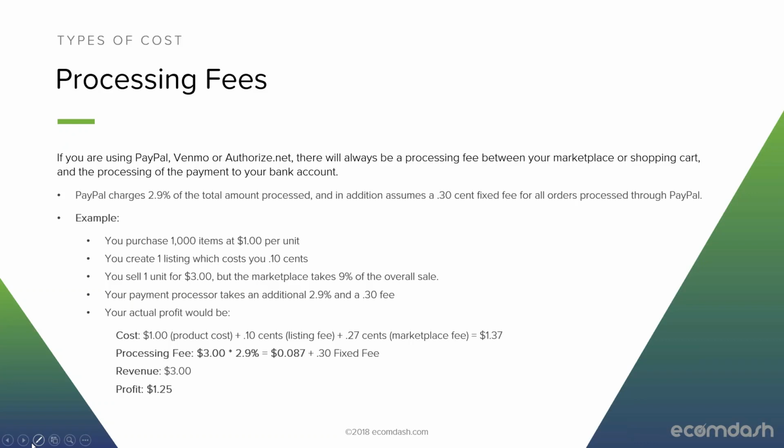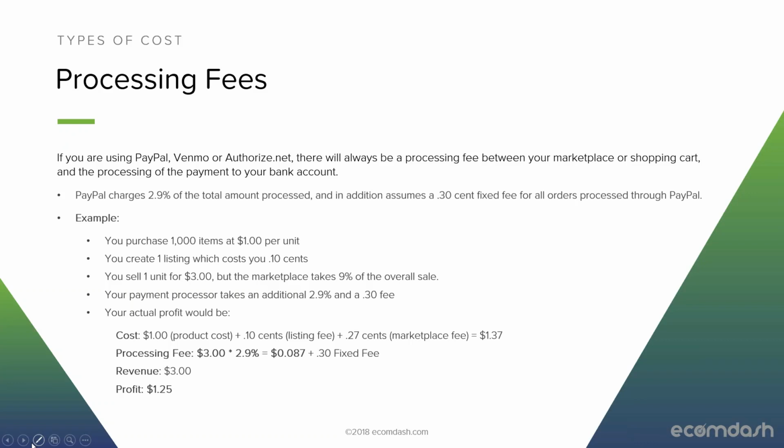So now that we have this in mind, again, you purchase 1,000 items at $1 per unit. You create one listing which costs you 10 cents. You sell it for $3, but the marketplace takes 9% of the sale. And now your payment processor is taking that additional 2.9% and a 30-cent fee. Now your actual cost is $1 plus that 10 cents plus the 27 cents, which put us at $1.37 previously. Now taking into account that processing fee, you charge the payment for $3, 2.9% of that is 0.087 plus the 30-cent fixed fee. So if you charge $3 for this item, you're now only making